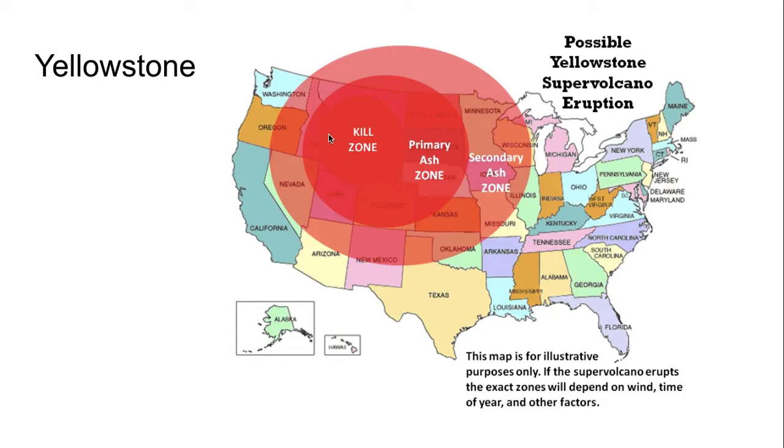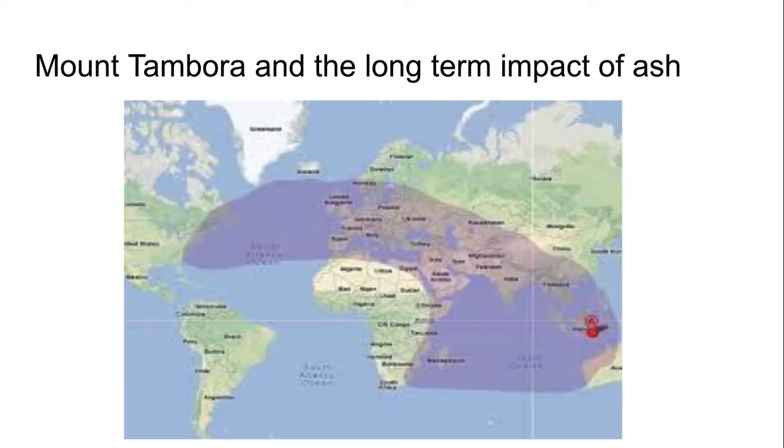But even hundreds of miles away in other states like Minnesota, Missouri, the northern part of Texas, you're still going to have some ash fallout. Even us, way over here in North Carolina, we are probably well over 1,000 miles away from Yellowstone. We would still be affected by that ash in some manner. So volcanic ash is not just going to affect the folks who are right next to the volcano. Obviously, they're going to feel the most effects first. They're going to be the ones immediately impacted, but there's a long-term impact of volcanic ash.